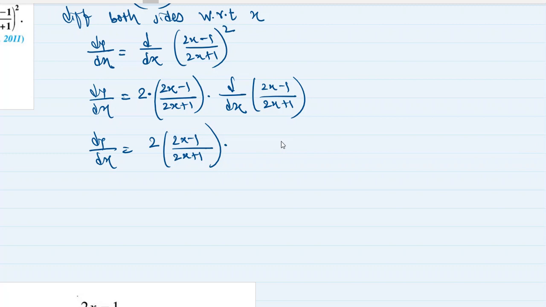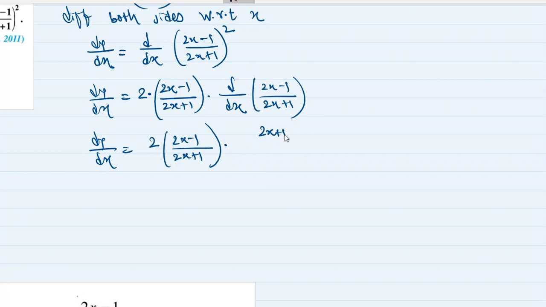Quotient rule tells us that numerator multiplied by differentiation of denominator, sorry, denominator into differentiation of numerator minus numerator multiplied by differentiation of denominator upon denominator square. I don't know if you got it, but yeah, you need to remember the quotient rule. Okay, so this will give us